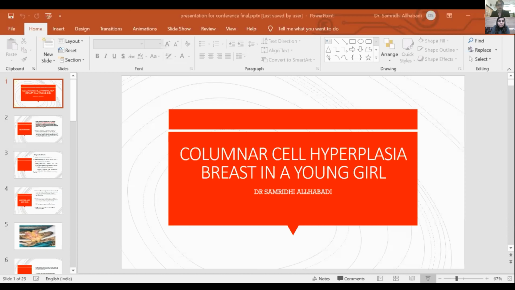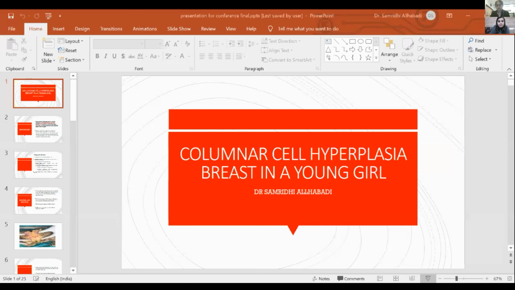This was the gross we received, the lump from the lumpectomy. Sections on H&E showed ducts and acini, a few cystically dilated, lined by stratified columnar cells with apical cytoplasmic snouts and intraluminal secretions. I'll be showing you the pictures. There was no nuclear atypia. If nuclear atypia or cytological atypia is found, that falls into the category of flat epithelial atypia. So from our institution, a final diagnosis of benign epithelial proliferative breast disease, that is columnar hyperplasia, was rendered.